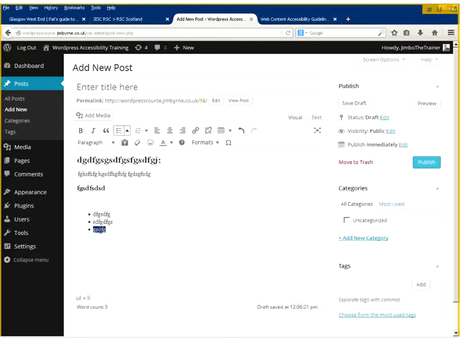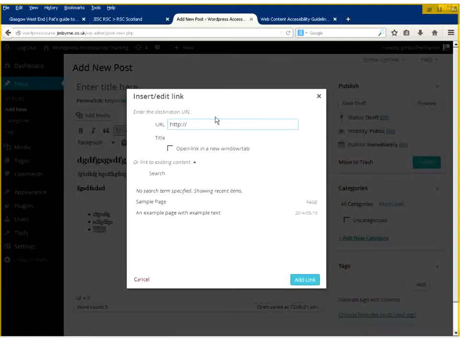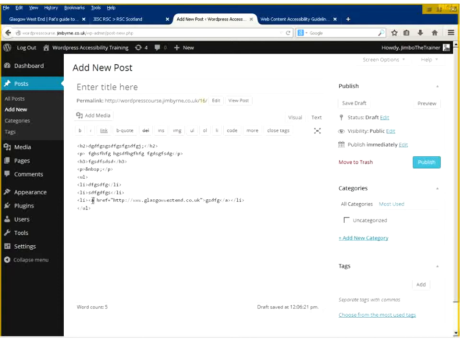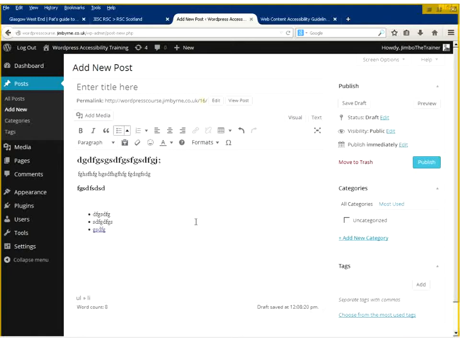So if we made that a link, for example, actually, I should have taken text color off. Made that a link. Add link. How does the browser know that's a link? Well, because there's a wee bit of code there that says A for anchor and a reference to a page. Exactly the same thing with the screen reader. It knows it's a link, and because you've marked it up as a link, it can list all the links on the page, jump between them and say, oh, that's the one I want to go to, click on that.